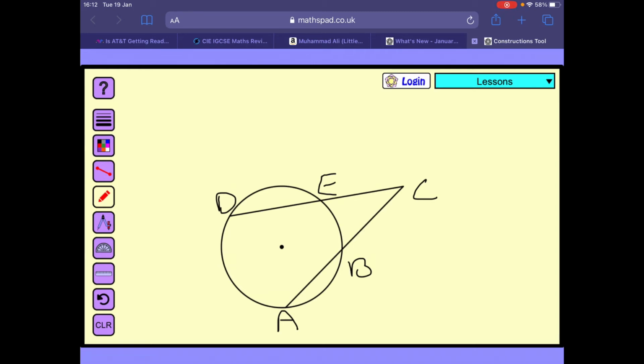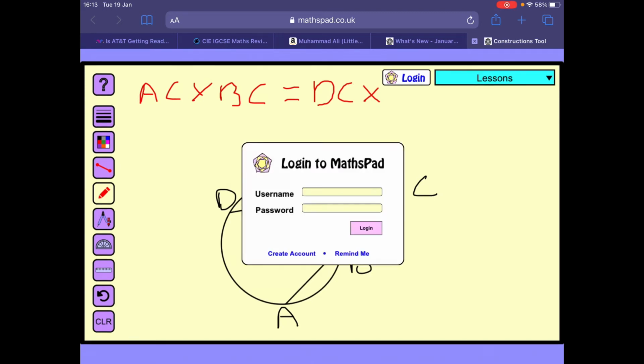So, here we go. What this tells us is that AC, so the whole chord from A to C, times the portion of that chord that is outside of the circle, so BC, must equal the same thing for the other chord, DC, which is the length of the whole chord, times the portion outside the chord,